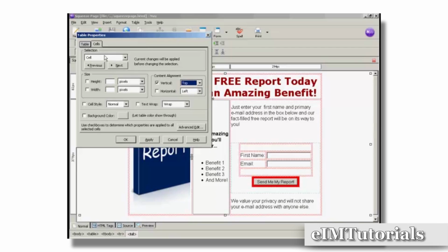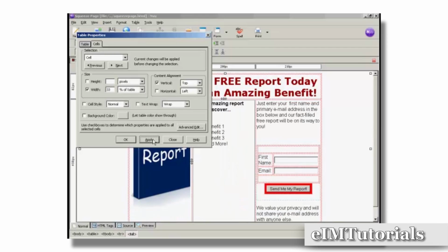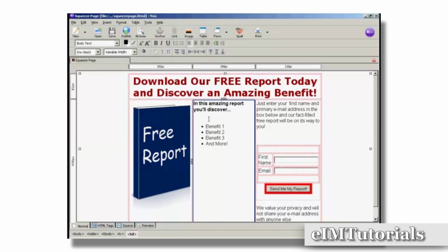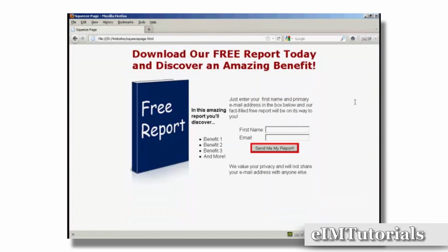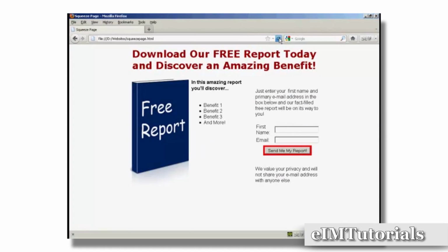And I'm also going to alter the size because this center column seems to be a bit squeezed. So I'm going to make the width to be 33% of the table, and then click on Apply, and that looks a bit better. So again, save, come back to the browser and refresh, and again